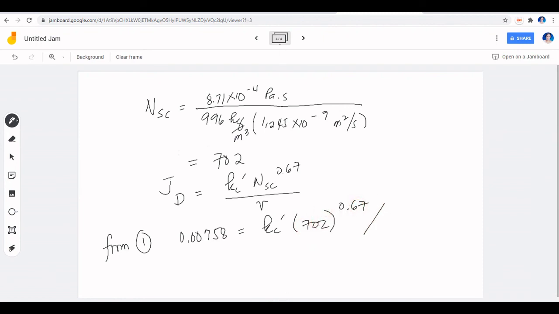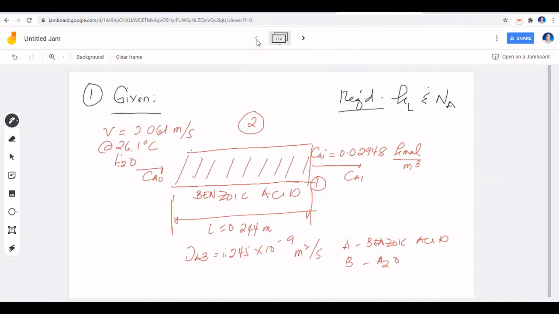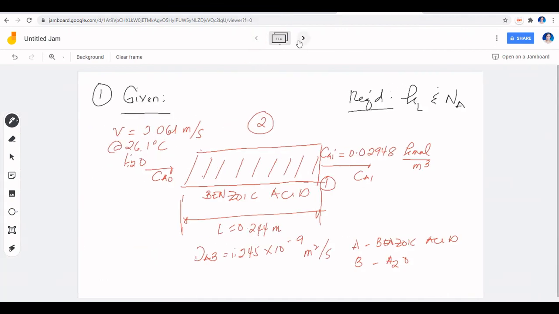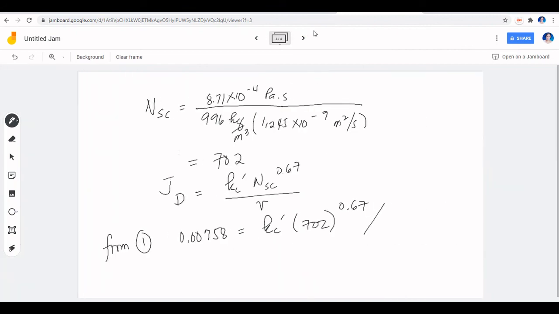Now the product of these two terms will be divided by the velocity. In this case, our velocity is 0.061. Now this will give us the K sub C prime,